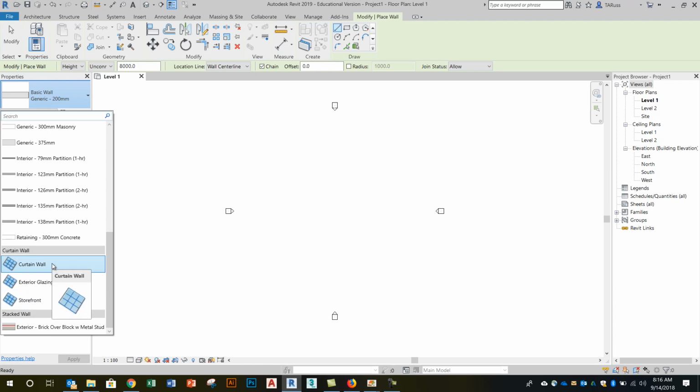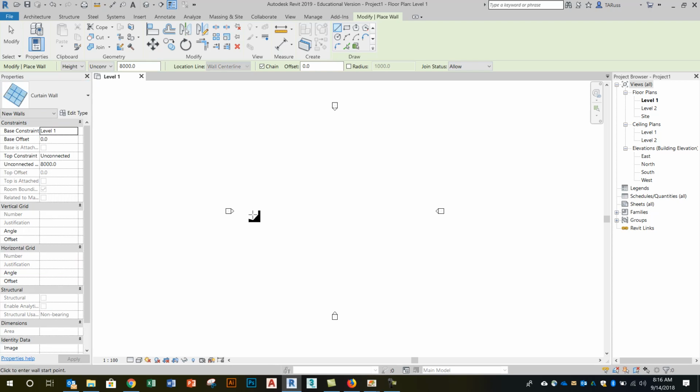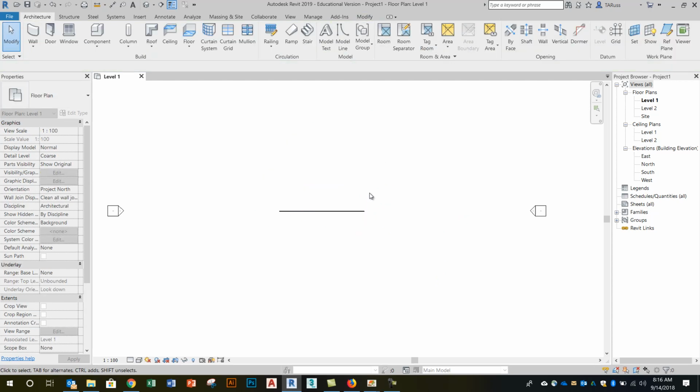But just so that I can explain the essential parts of this, start with just the regular curtain wall tool. And as we've mentioned before, good practice up here is to set the height and bind it to a level. So this curtain wall object will go from level 1 to level 2. And then just for the sake of this initial easy demo, put one extension of curtain wall into your